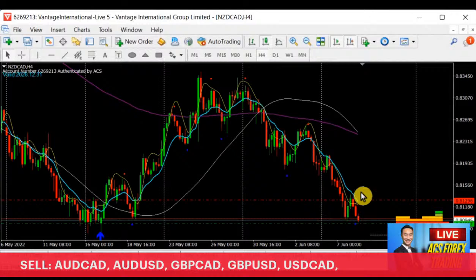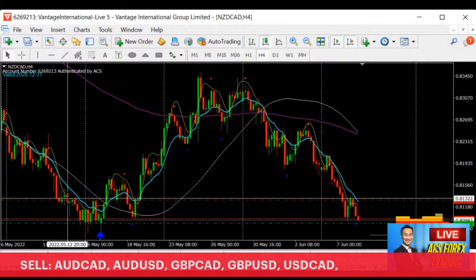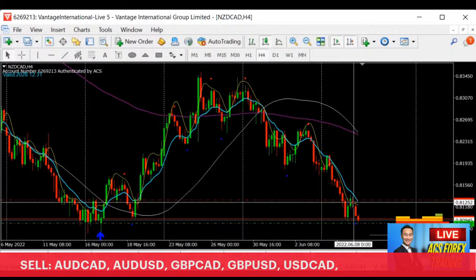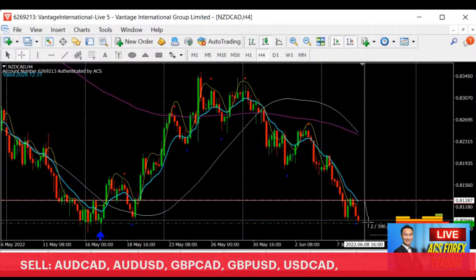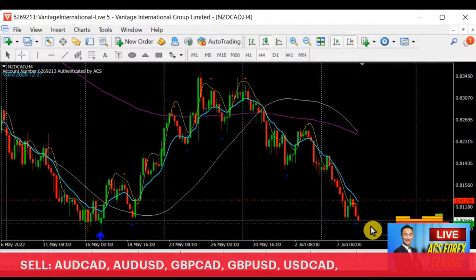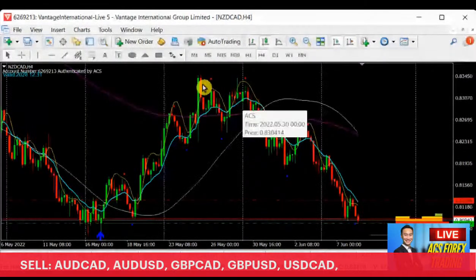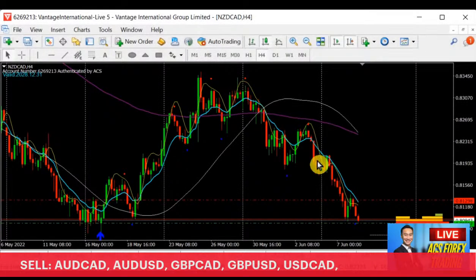Right here, when it actually comes into the resistance area, the previous support and resistance area, it started to swing down. Once it swung down to the support, I will still see this as a selling trend, a bearish trend downwards with a lower high, creating a lower low. Now this lower low is creating a lower high, coming back here again. Right, for Kiwi